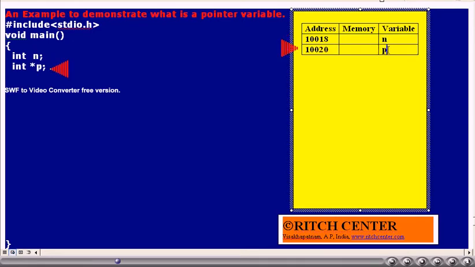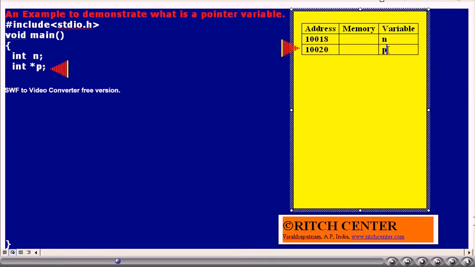The statement int star p makes the pointer variable p be declared. Normally, when memory is allocated for variables, consecutive memory locations will be allocated. As the variable n takes 2 bytes, the pointer variable p's address starts from 10020.